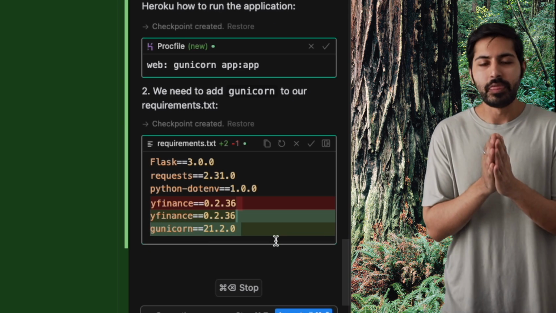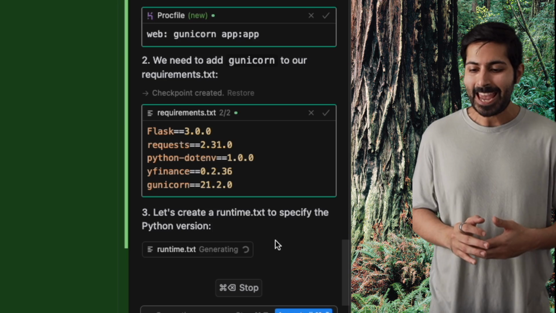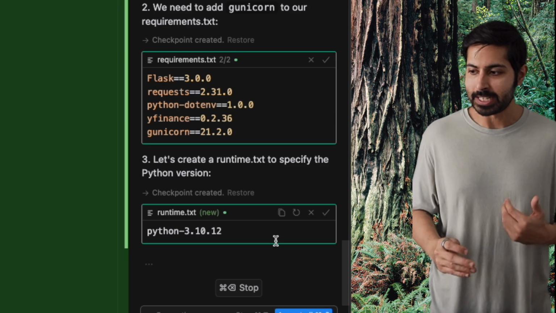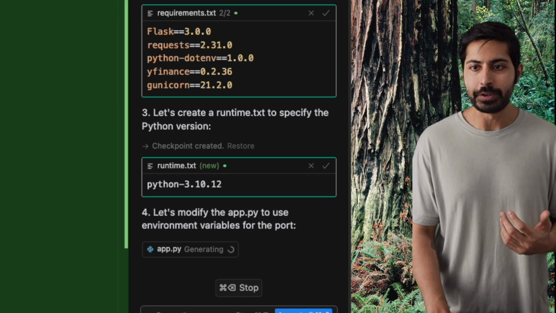So what we're going to do is give it the next prompt. We're going to say, this was a great first step. Now I want you to connect to paper trading using Coinbase and show me those visualizations dynamically. So as it's doing this, let's go through some other very important Cursor features that I want you to get